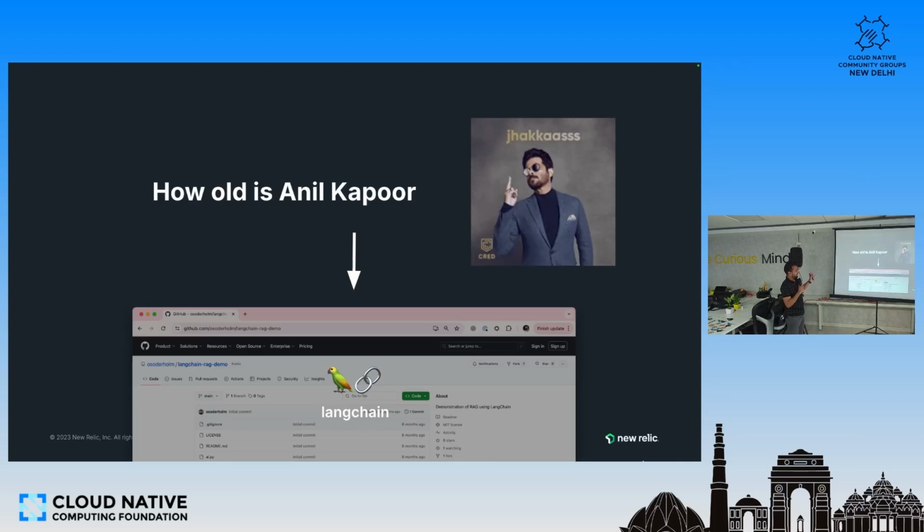One example: if I want to build my application today, everyone must have used ChatGPT in some form or shape, a free tool or a free wrapper, or Google's Gemini itself. You ask any random question. I tried to build my own application with LangChain, and I wanted to ask how old is Anil Kapoor. Anyone know the myth that Anil Kapoor is not aging? Everyone wants to know the diet, and I wanted to play around with my solution. So once I put in that input,